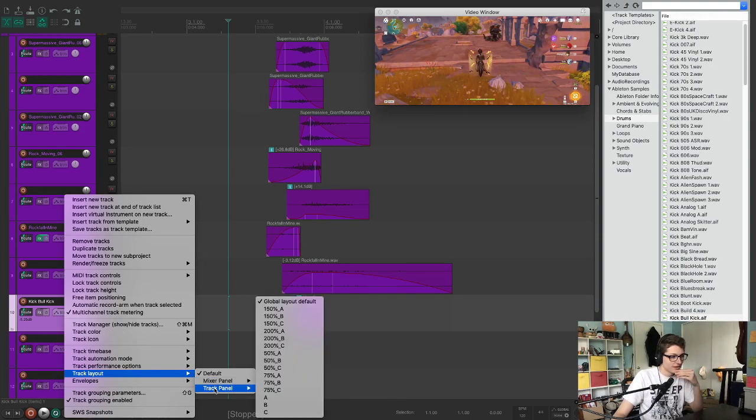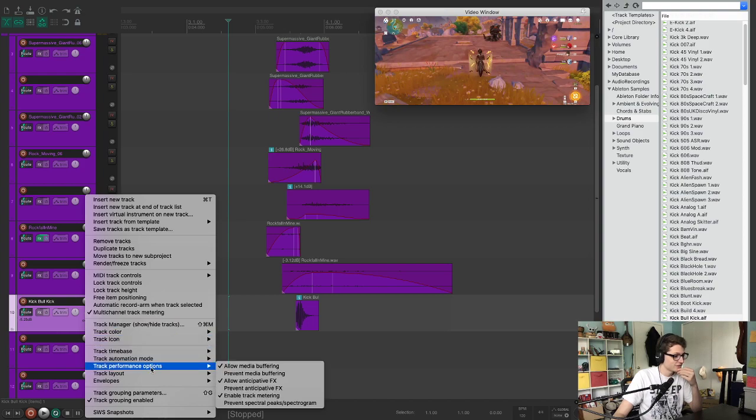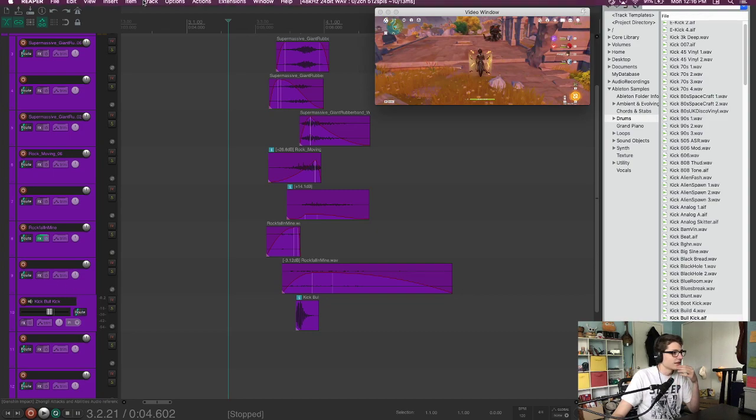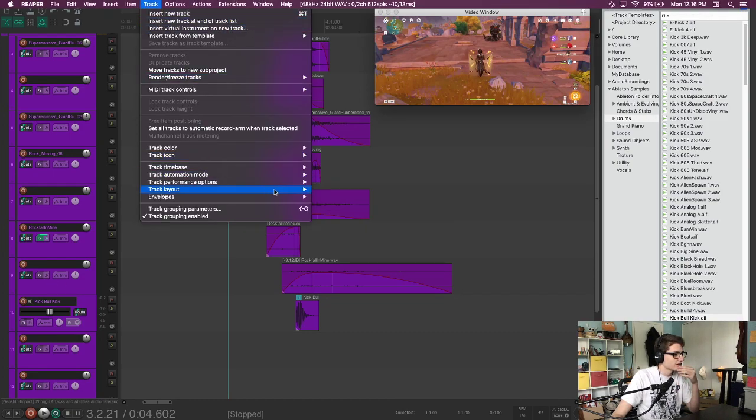Track panel. I hate that they're just called A, B, and C. I don't know which one it is. I'll just see. So A, I think is still the knob. B, there we go. So B is the slider. But then if I make a new track, it's the knob again. So I wonder if I can, like, is that track layout? I can't just